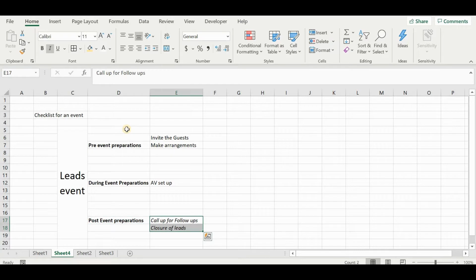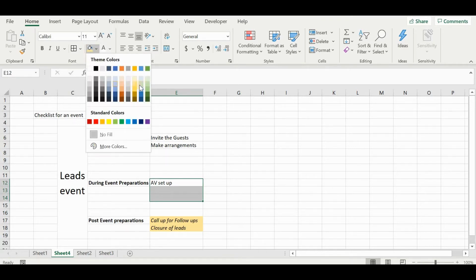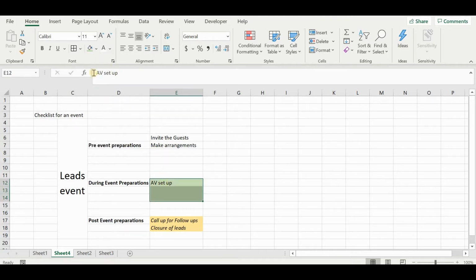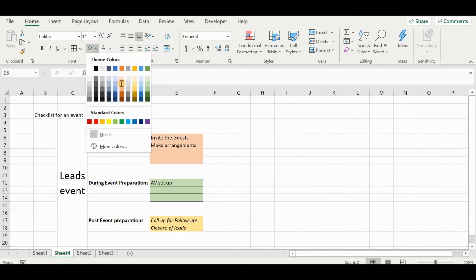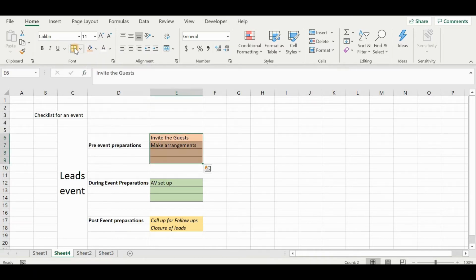In italics I have marked them like this. Okay, by pressing Ctrl I, or simply you can come and select this also. I'll give them this color, and say these events, I'll give them a separate color. Okay, now if you think that you cannot see the lining, just come and click this and you will be able to see the lines. Yeah, let me give this a different color and then mark it like this. Okay, if you want to beautify this, you can do it like this.